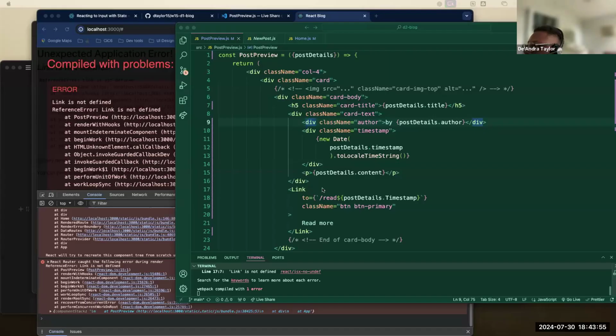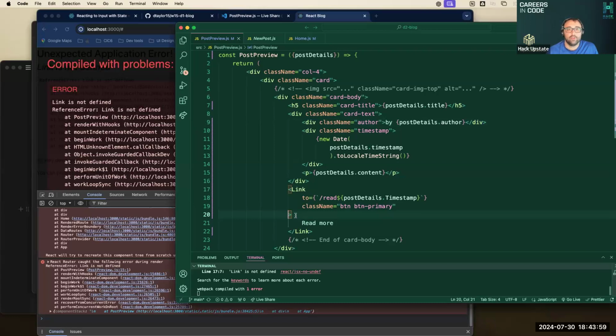It's telling me my link is not defined. I think it has something to do with my syntax. Am I missing this little slash? Nope, you're good there. It is a capital letter, so we know that this is